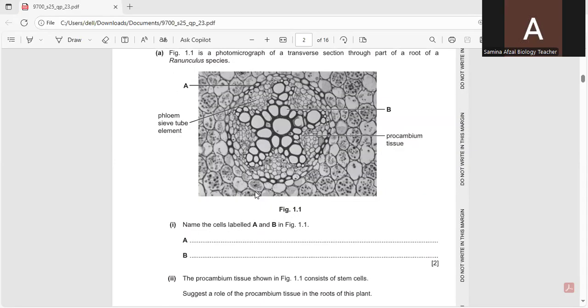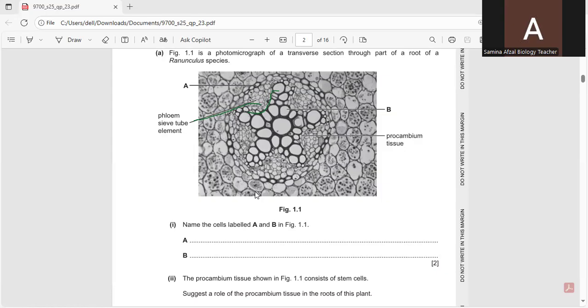In roots, the star-shaped xylem is in the center, and between the limbs of the star there are phloem vessels. The question is, name the cells labeled